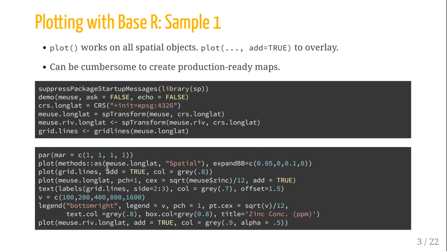Plot the grid lines, those are your latitude, longitude, plot the actual points, plot your polygon, and then add the latitude, longitude labels to your grid lines and add a legend at the bottom. Another thing that you'll notice over here is when you create this CEX based on this property,